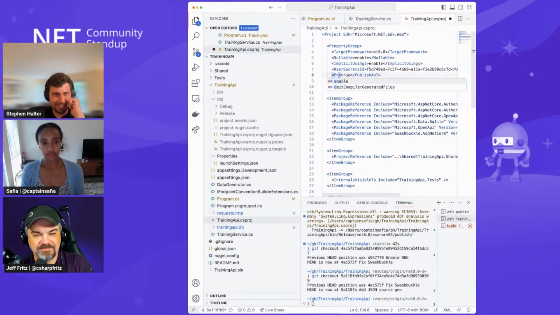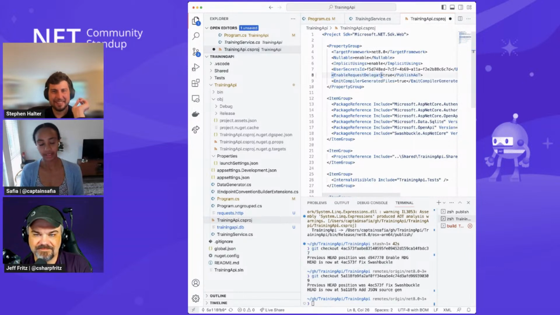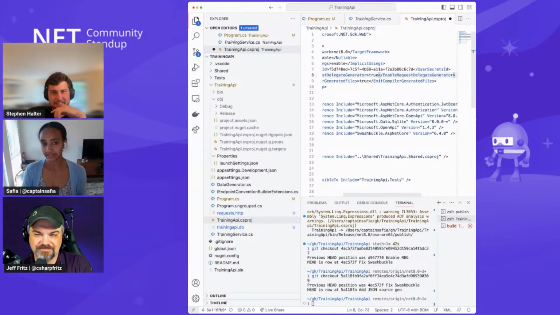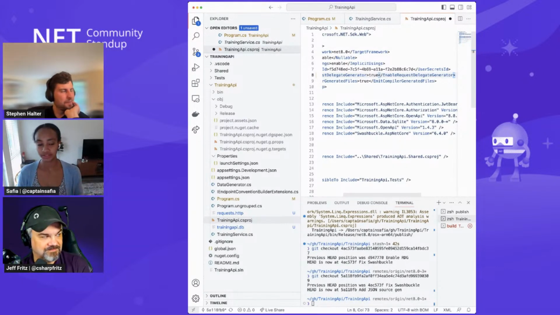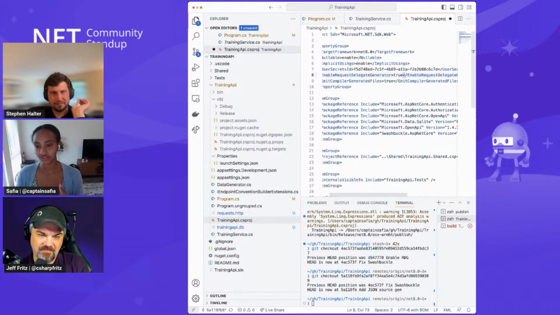Is it still there? No, you can actually, if you don't care about any other native AoT things, just enable request delegate generator true, and that will turn on the compile time code gen feature. So you can take advantage of the performance improvements that you get with RGG without opting into the whole publish AoT experience. One thing. Do I have to enable the compiler feature then? Sorry to cut you off. No. Oh, nice. So if publish AoT or the enable RGG flag is true, you don't have to enable the compiler feature. Nice.